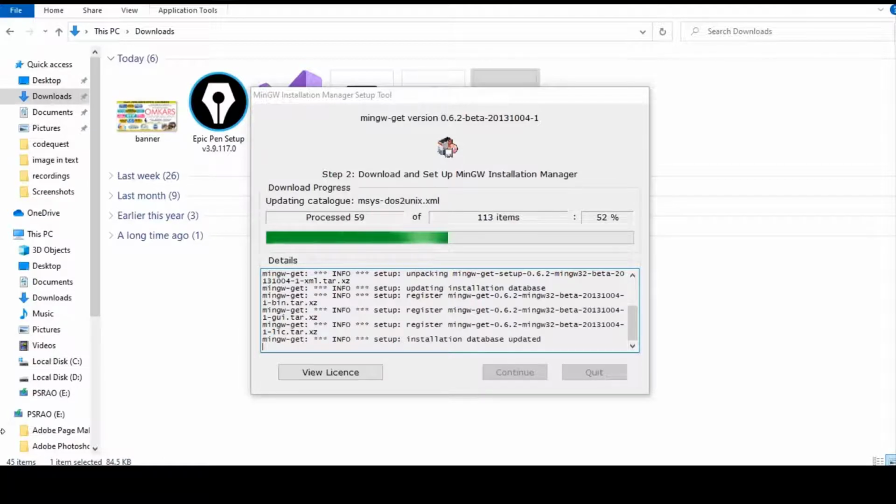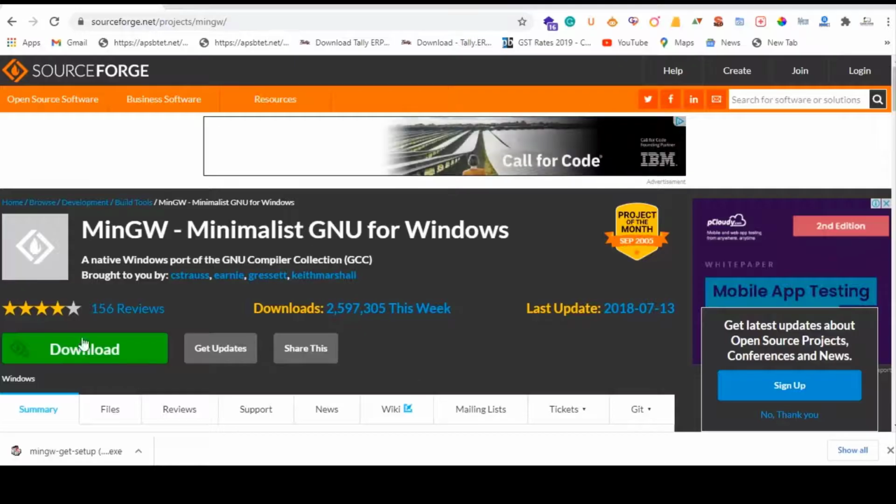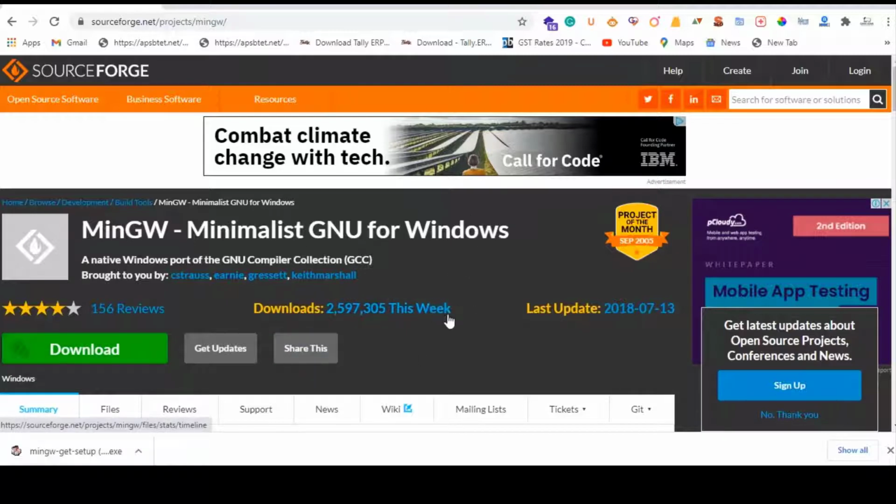From here you can download the MinGW setup.exe, the latest version. When you click the download setup, by using the setup you can install MinGW on your machine. After installation we have to set the path of the compilers so that any IDE can directly use the compiler.